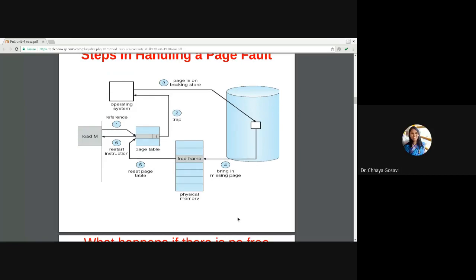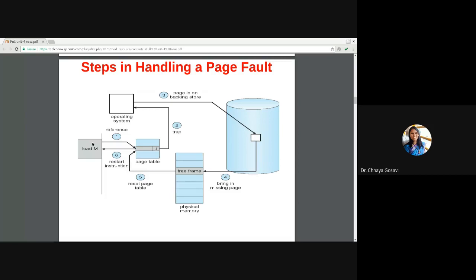So this is again one detailed diagram, steps in handling a page fault. Suppose there is an instruction, say load M. The CPU is executing this instruction and it is searching for variable M. So it gives a reference, and the memory management unit checks and finds that the page is not in main memory because it is an invalid page.